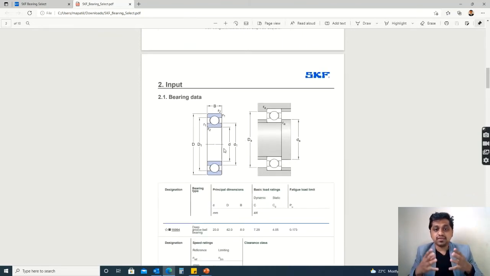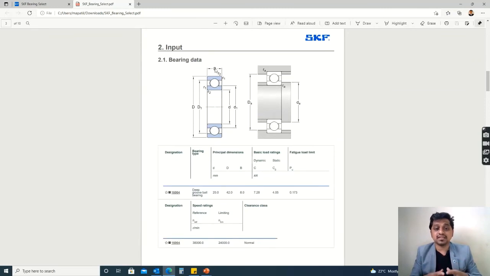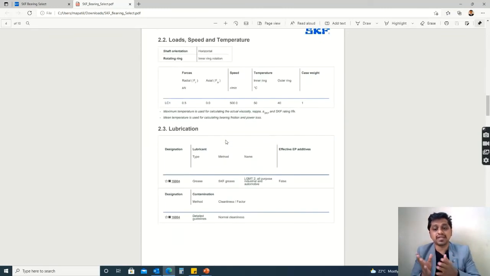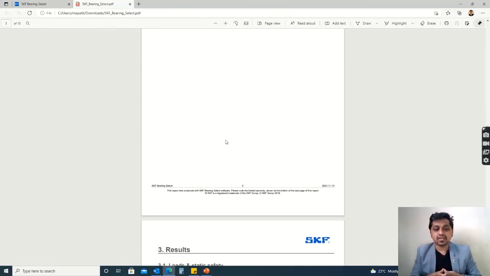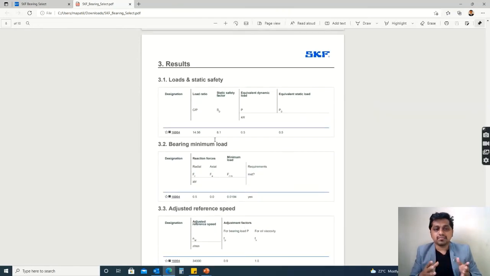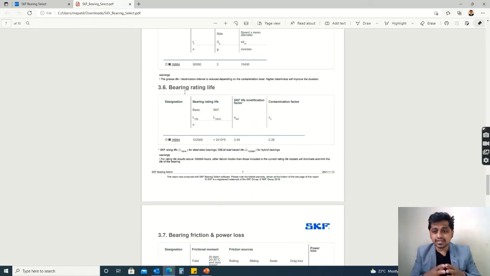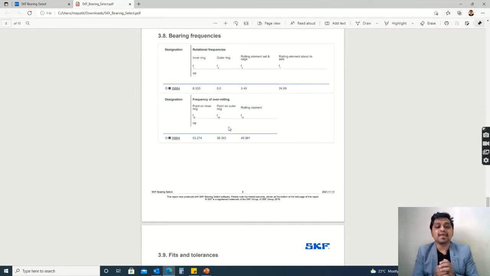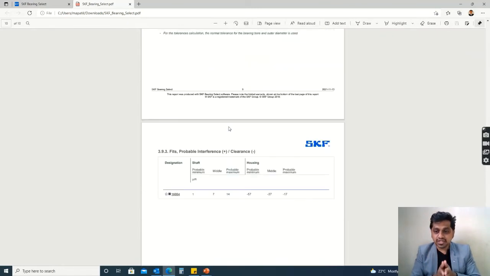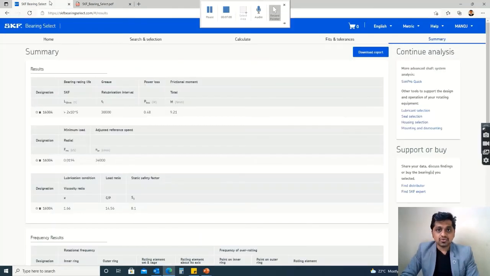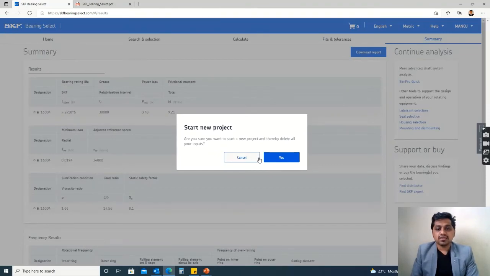And then we have the input bearing data, what is its size, dia, width, all its physical parameters, then load, speed and temperature, fits tolerances, then loads, adjustable reference speed, lubrication conditions, all the data it has combined together in a single sheet, so we can keep this as our reference. So this is how we can check the bearing.